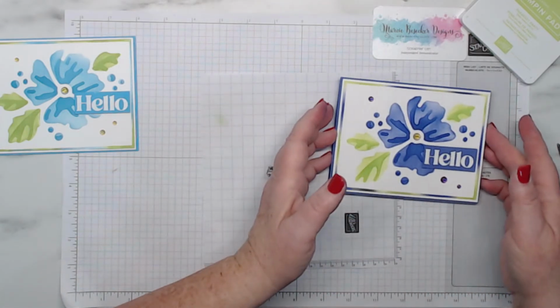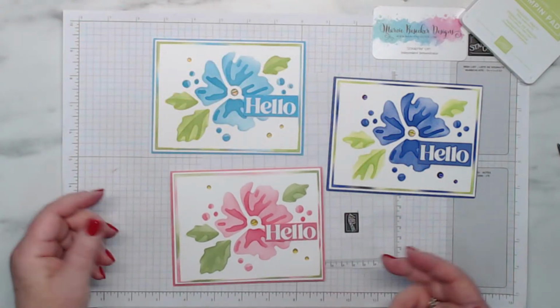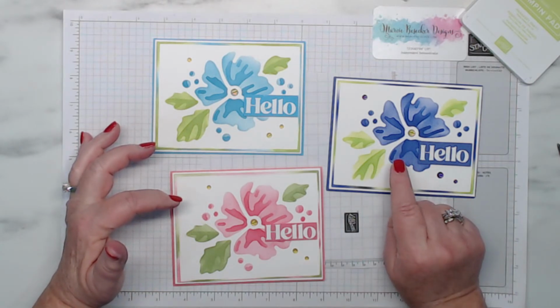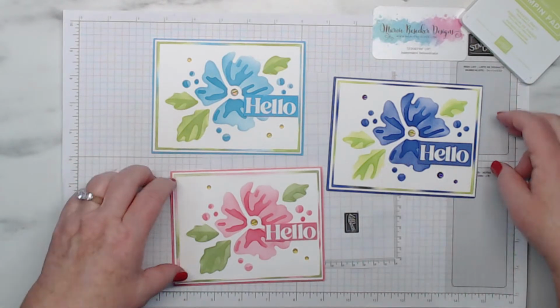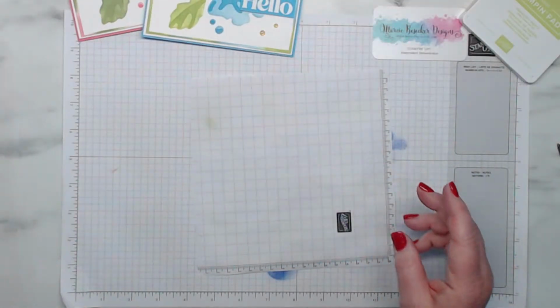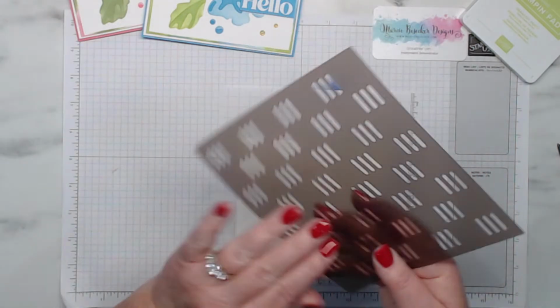So here are the cards. We did the purple and the blue and the pink, so Tahitian Tide, Polished Pink, and Orchid Oasis. But I want to really quickly try the other stencil that's in here. So I have an idea. So for here,